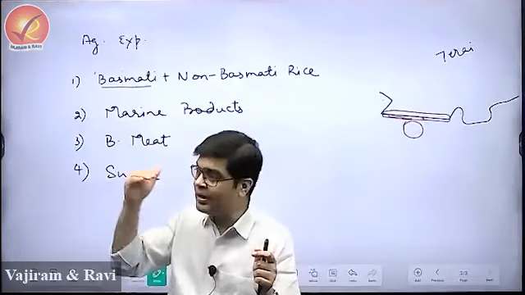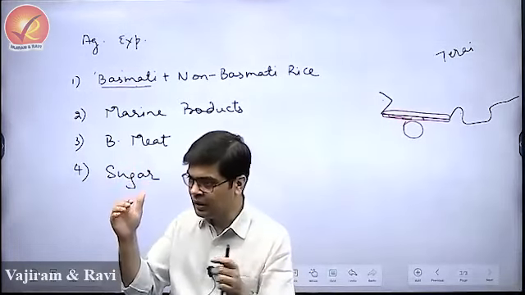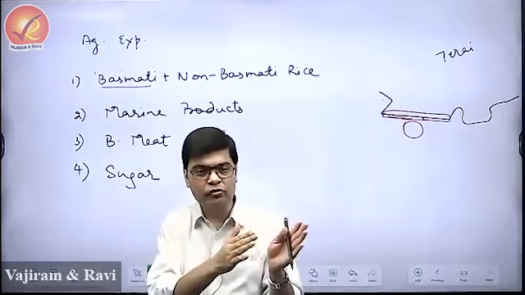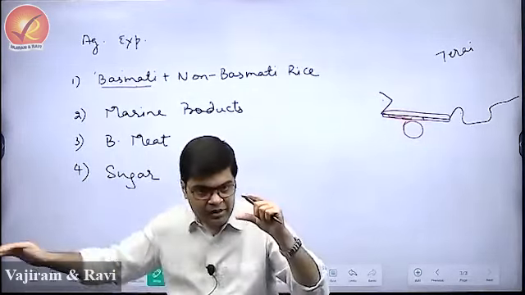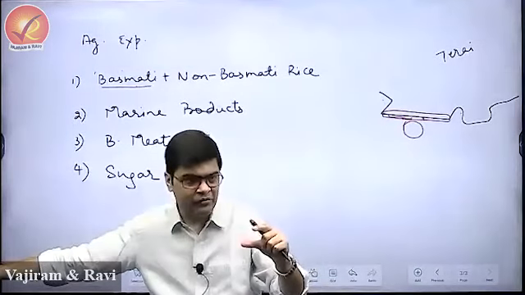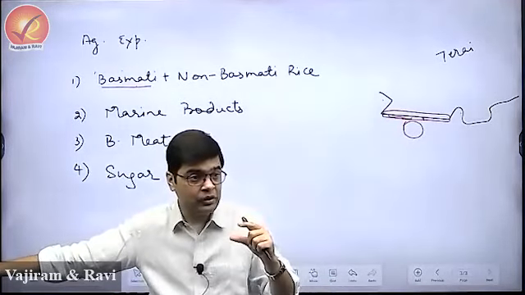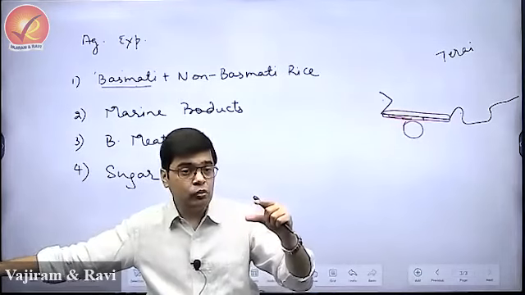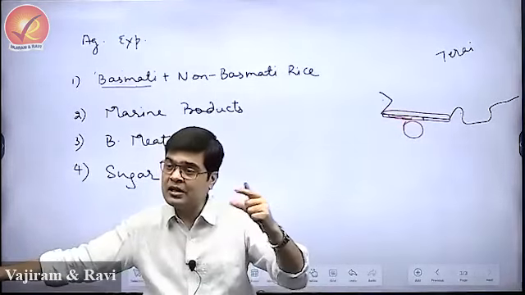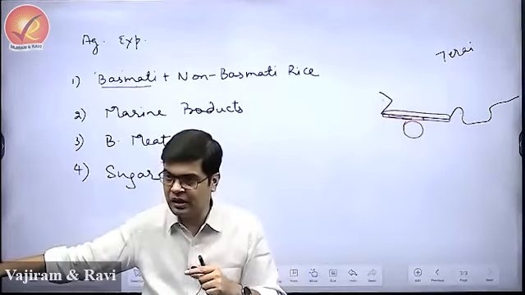Just north of Mandya, there is a place Hassan, if you have heard about it. Hassan also is an important producer of sugarcane. Okay? So in the south we have sugarcane cultivation where Mandya is important, Hassan is important. Very near to the borders of Tamil Nadu, we have a place Chamrajnagar that also cultivates sugarcane in Karnataka.